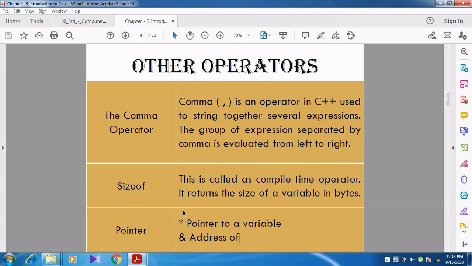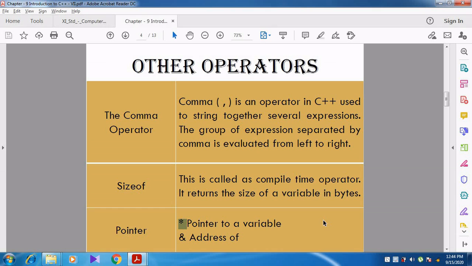A student may ask a question: sir, asterisk means the multiplication operator, we have studied that, but here you are saying pointer to a variable. See, sometimes one operator is used to do one or more works.